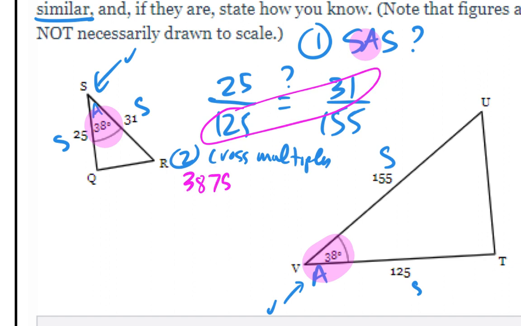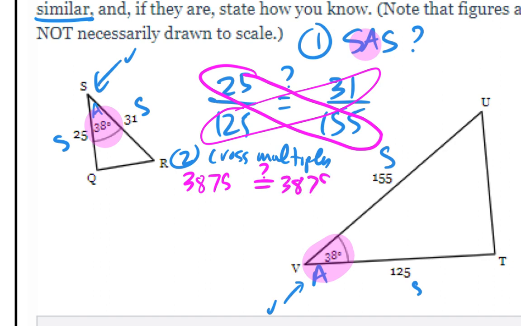Now I'm asking myself, is that equal? So I'm going to put an equal sign here. Is that equal to this times this? If I put 155 times 25 in my calculator, that's going to give me 3875 as well. Okay, so the answer is yes,